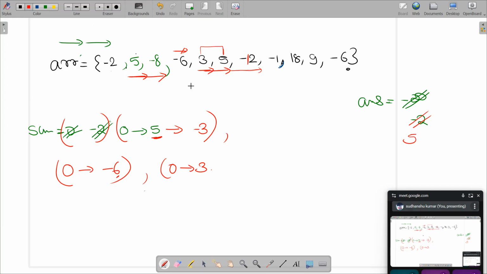You keep on checking your answer. So when I come here, 3, is 3 greater than my answer? No. So I will move forward. 8, is 8 greater than my answer? Yes. So I will update my answer. Now I went to -12, so I will become -4. Now this is a moment when I want to break my train. Correct. So this is my next breaking that we are doing here. Now before I break, I will check, is my current train sum greater than my answer? No. So I will leave my answer as it is and then we will again start with 0.